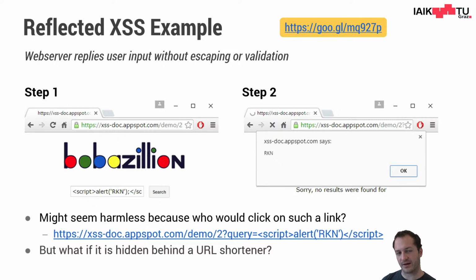Second option, reflected cross-site scripting. The web server replies just the user input without filtering it. Filtering is commonly known as escaping it. I think you know this from our courses. So you have to escape, where escaping means making dangerous tags harmless by rewriting them. So if this would happen, for example,